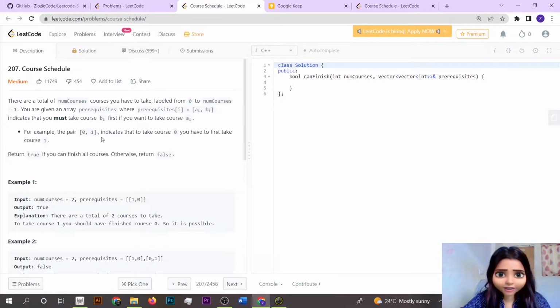So today we are going to solve a Leetcode problem, which is Course Schedule. What we are given is some number of courses, a total number of courses labeled from 0 to numCourses minus 1. And what we have to do is, we are given prerequisites. Let's suppose it's a vector. So the prerequisite vector represents that